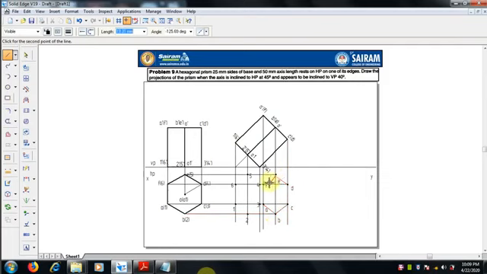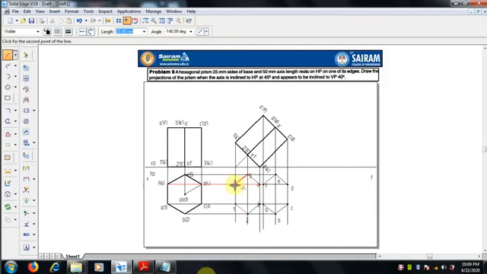Just join all the lines. Select all the lines, the end points or the intersection points, wherever it is, we can join with the lines. This is the top base, which is over, and the bottom base also we have to draw by joining all 1 2 3 4 5 6.